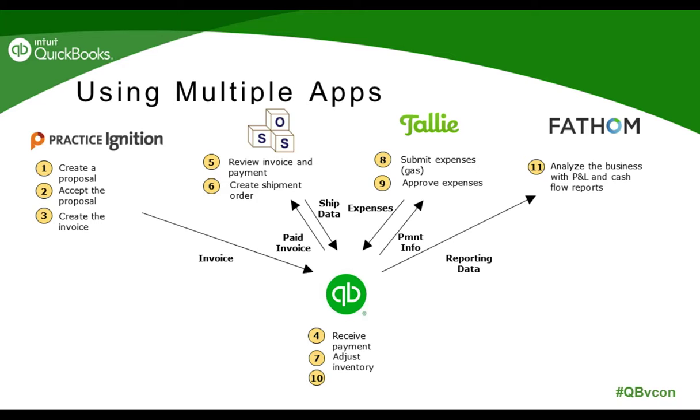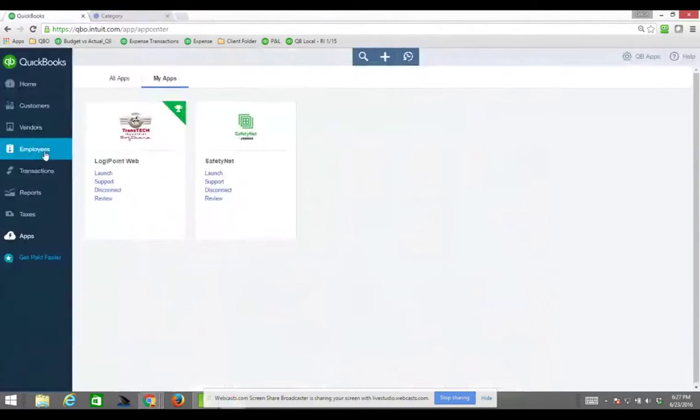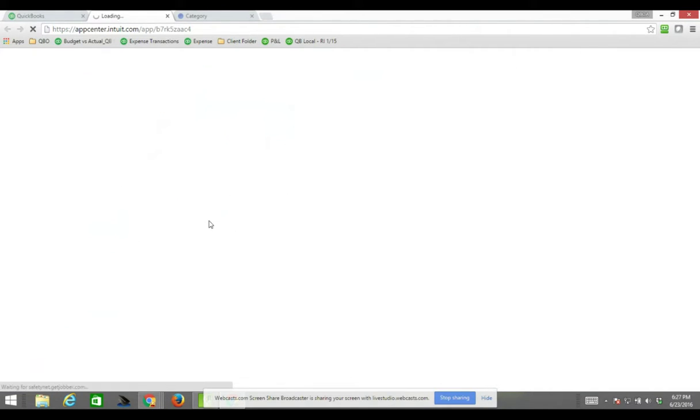So let's go back into our live screen share and go a little bit further on connecting the apps. It'll be quiet for a minute here. Okay, so if we go back into our QuickBooks, and I'm clicked on apps on my left-hand nav bar,